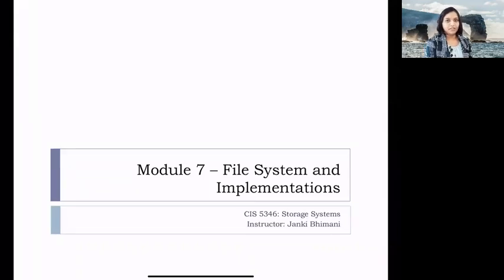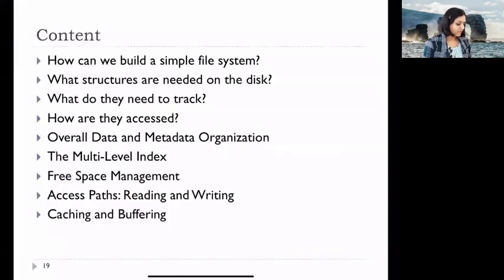Now, after learning in Module 6 about files and directories, next in this module, we will dive into the concepts of file system and how to implement the file system. We would see some of the basic contents about how to build a simple file system first, what data structures would we need, what do we need to track, what information do we need to track in order to implement